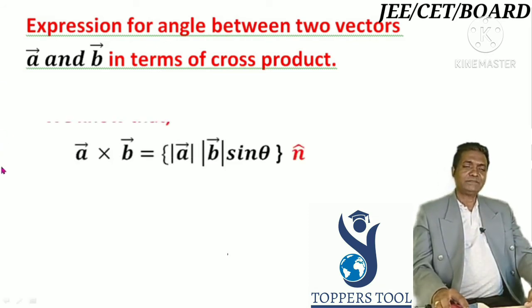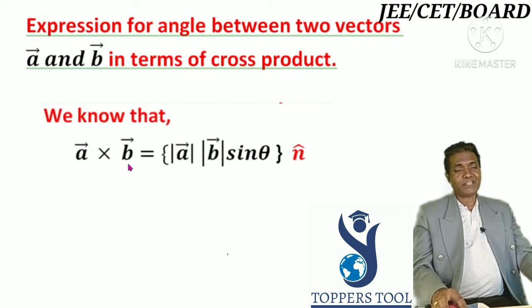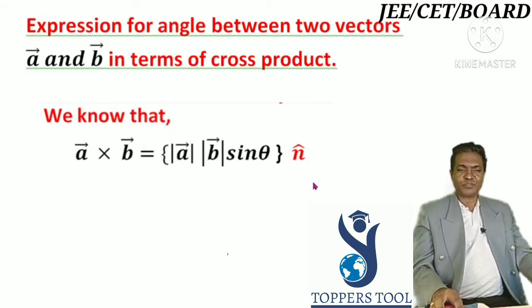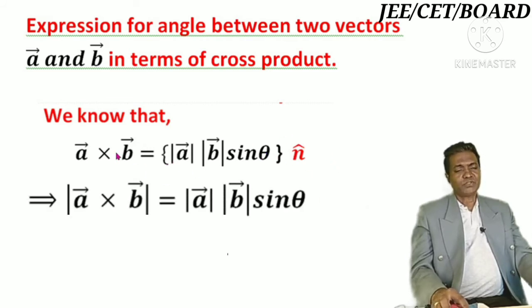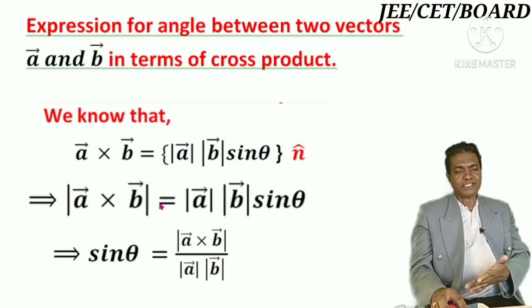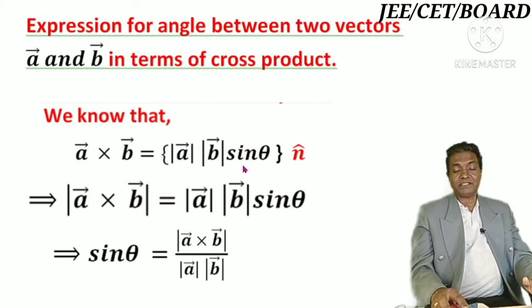As we know, vector A cross B can be written as this by the definition of cross product, and this stands for its magnitude. Okay, this is its direction. This is a vector whose direction is along n cap and whose magnitude is this. Okay, so this is the case. As I mentioned earlier, how the vector can be represented mathematically: it has a direction and a magnitude. So magnitude of A cross B is this much.